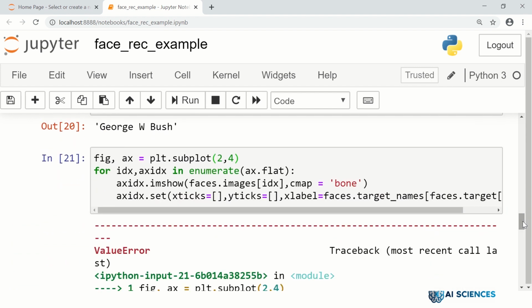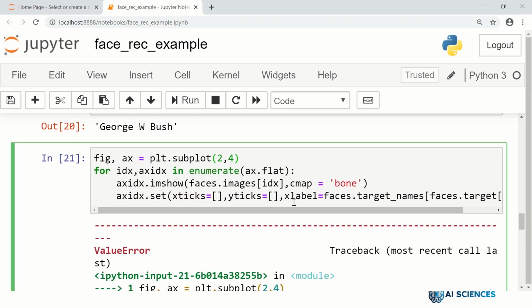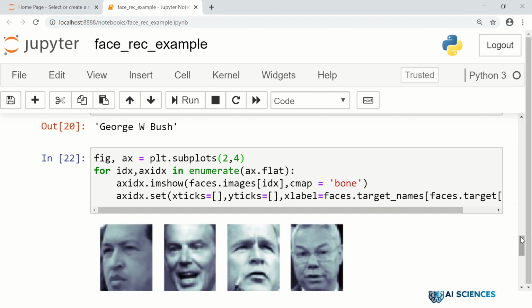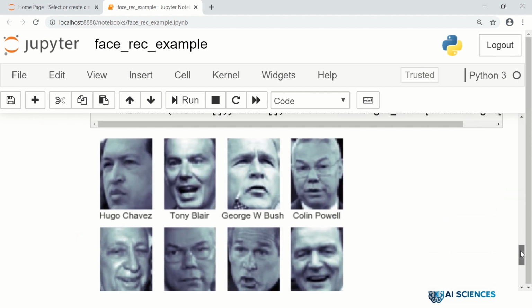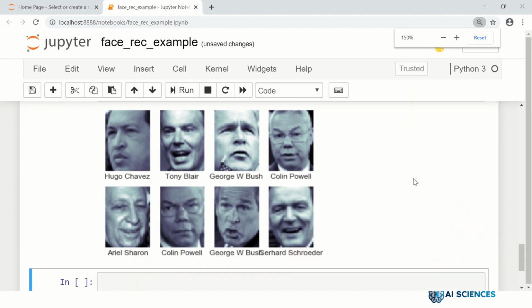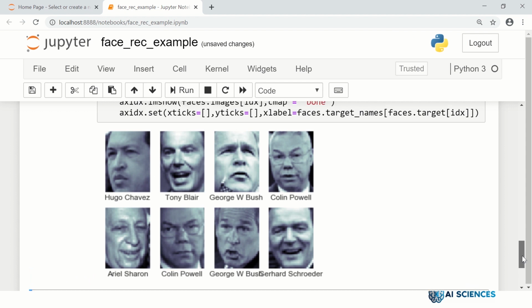I may misspell something. Oh, subplots. It should be subplots. Sorry. Yeah. So now you can see, for example, if I just make a proper viewable zoom level, I've just